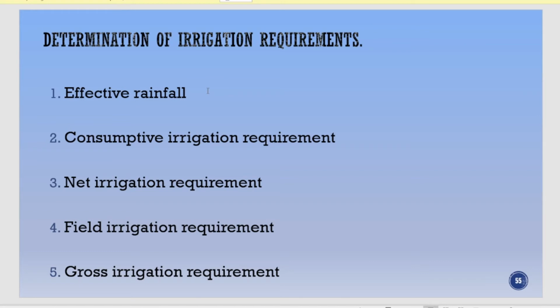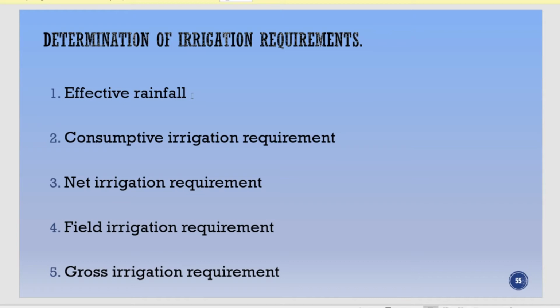After that we will go for the consumptive irrigation requirement. We all know how to calculate the consumptive use. First you know your effective rainfall, and once you determine how much water has been stored because of the rainfall, you will determine how much excess water is required for the growth of the plant, which will be applied by the irrigation water, right? We'll use the earlier equation which we have solved and determine the consumptive irrigation requirement.